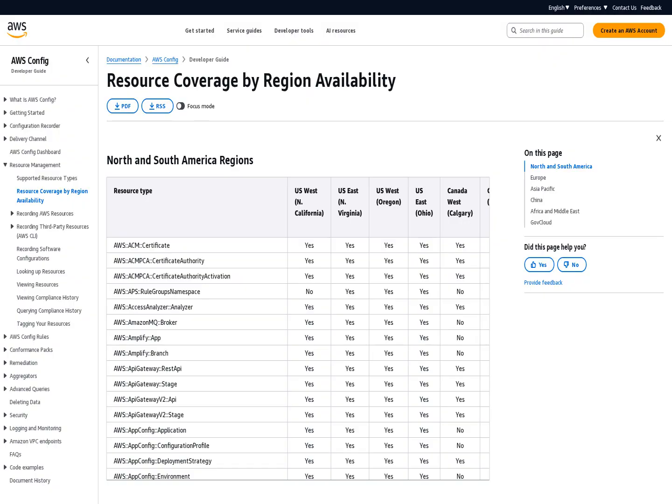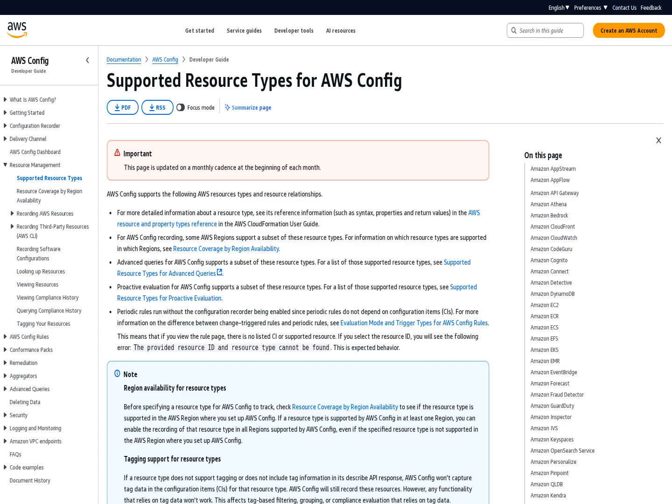AWS Config now supports 12 additional AWS resource types, providing greater coverage over your AWS environment. This expansion enables you to more effectively discover, assess, audit, and remediate an even broader range of resources. Specifically, the newly supported resource types are AWS Backup Gateway, Hypervisor, which is automatically tracked if you have enabled recording for all resource types. These new additions are also available in config rules and config aggregators, allowing you to monitor